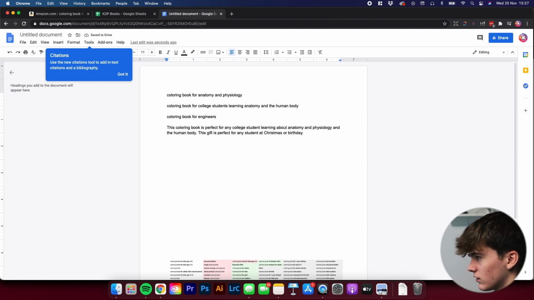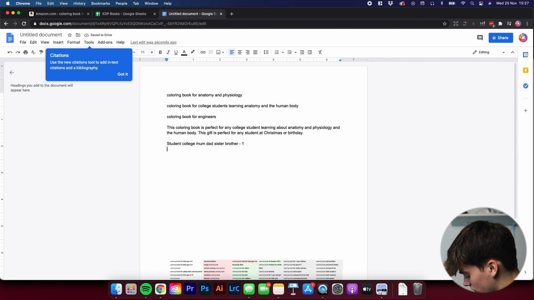And for the first box, let's target who it would be for. So let's start off with student, and then don't put a comma between each one, just put a space, and then college, mum, dad, sister, brother, and we'll use that, that's keyword 1, so we'll just remind ourselves with a dash like so. And then let's move on to keyword 2, and then let's go boy, girl, children. I think that's good enough, so then that'll be keyword 2, and then as box 3, let's obviously go over what this book has inside, so human body, anatomy, physiology, box 3, and then learning, school, university, and we'll use that as box 4. Box 5 we can use as gift, colouring, a book, that'll be box 5,